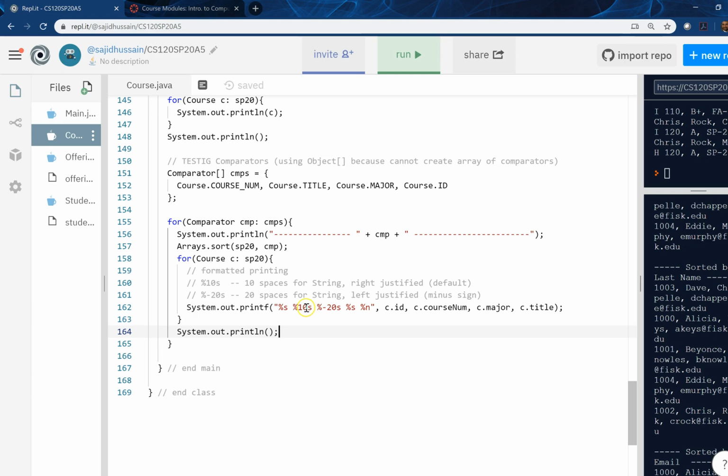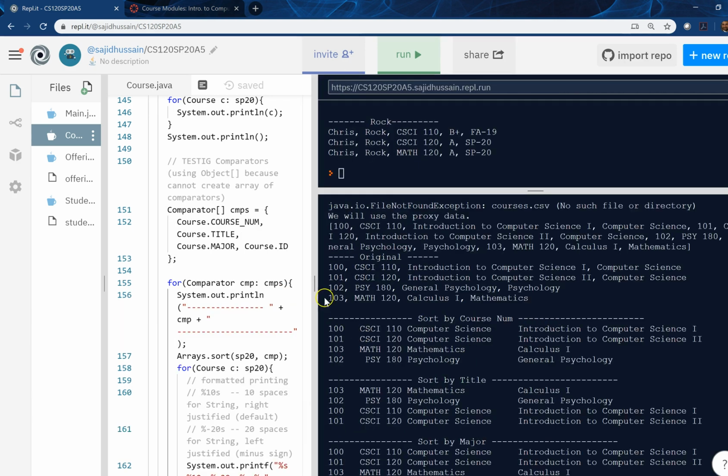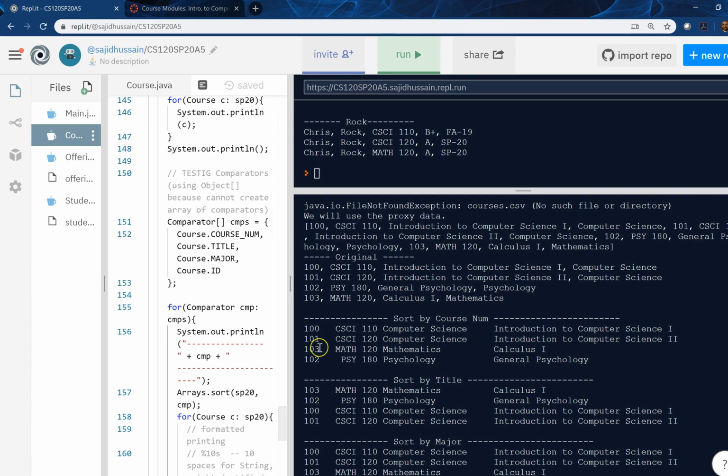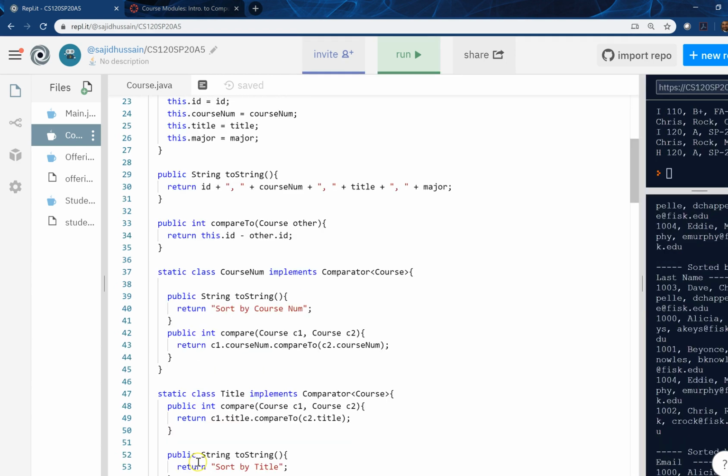Here I'm giving 10 spaces to course num, and it is by default right aligned. The second one, which is my major, I made -20s, so 20 spaces, but it is now left aligned. And the last one as it is, no alignment is fine. And then this %n is to go to a new line. It will help you, but if you are confused, you can ignore it, but it's a nice feature to learn. So this is the courses. Now we go to the